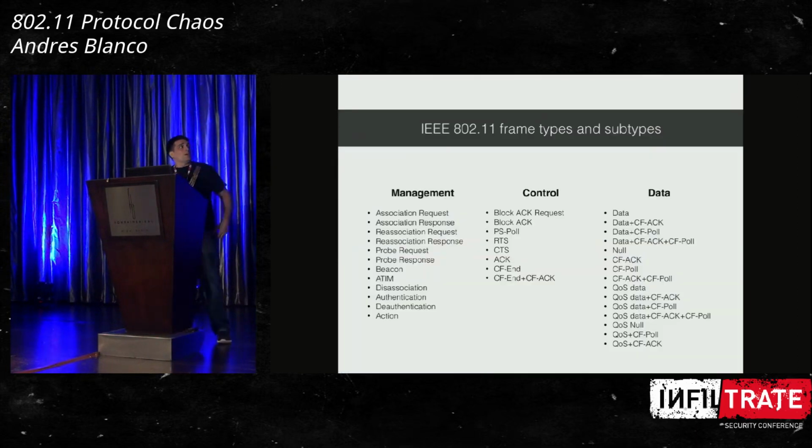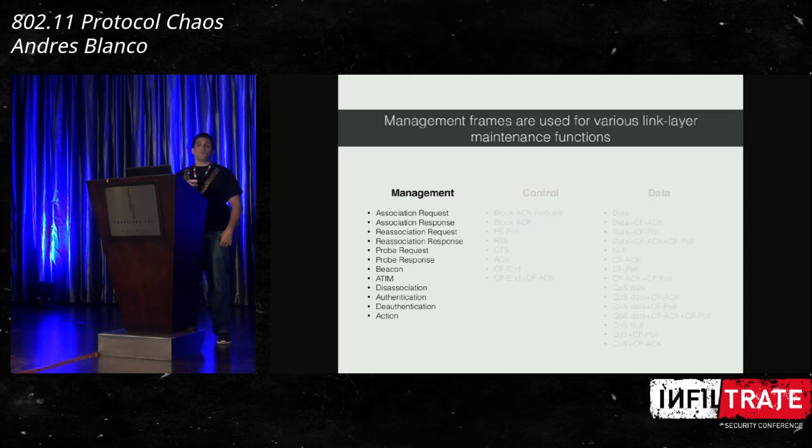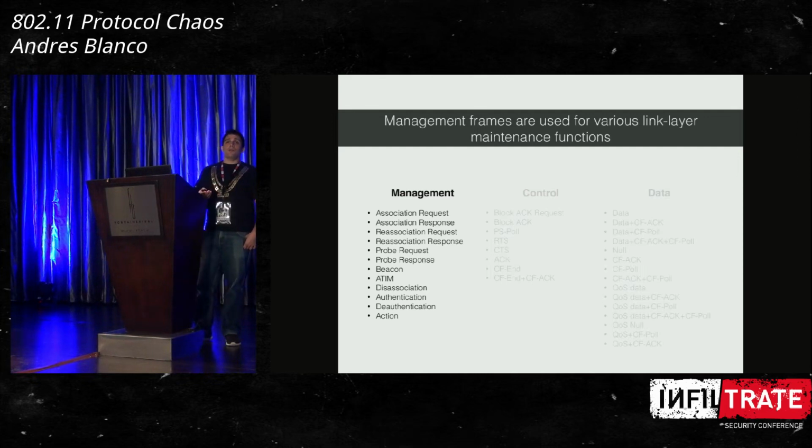For this presentation, I will talk a lot about frames of the protocol. It's important to know that there are three different categories of frames: management, control, and data. In this presentation, we are going to focus on management frames. These frames are used in the scanning phase and when devices are trying to connect to a network. For example, the beacon frame is used to announce networks. It's important to understand that all these management frames are not encrypted, and anyone that is doing monitoring can gather information from these frames.